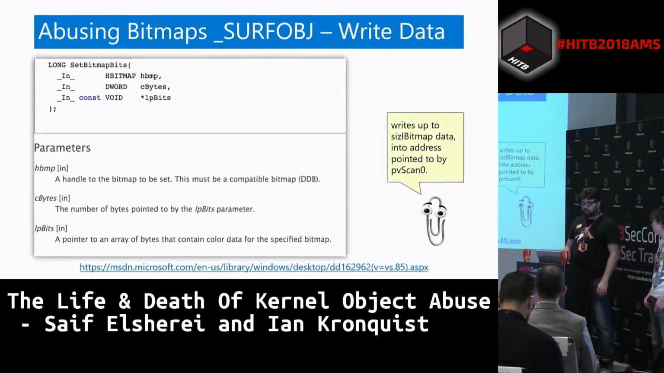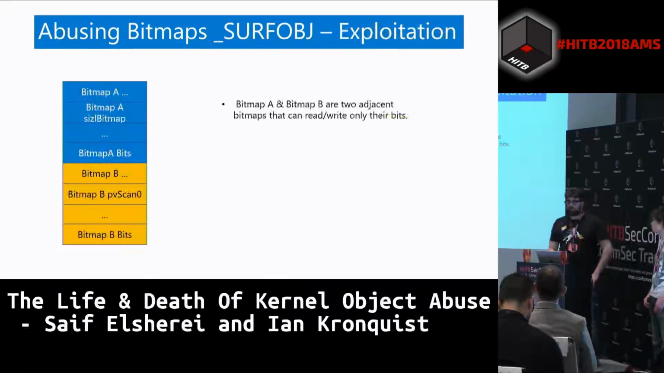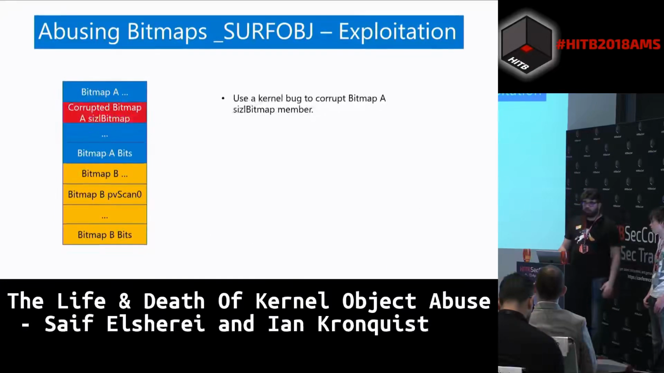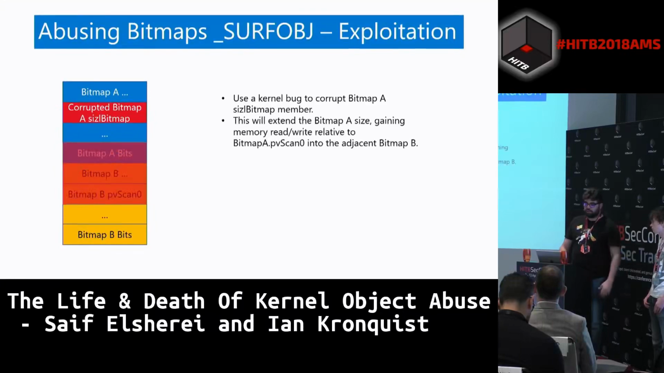And then we have SetBitmapBits, which writes up to the size of bitmap data into the address pointed to by pvScan0. Again, going through the scenario, if you allocate two adjacent bitmaps in memory, you overwrite or extend or corrupt one of the sizlBitmap members, which is the width and height, meaning you extend the bitmap size in memory. You'll be able to read and write past the bitmap into the adjacent memory location, which contains our second